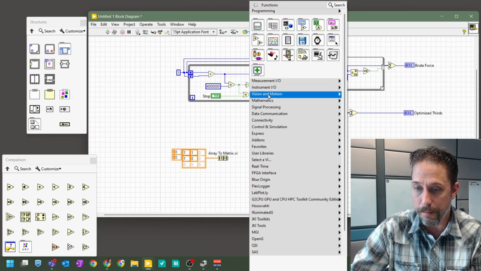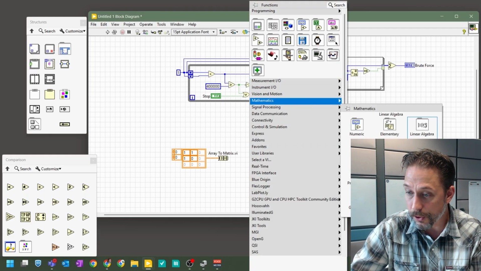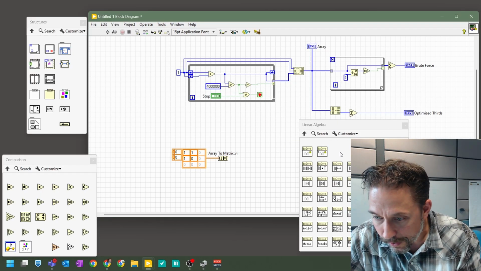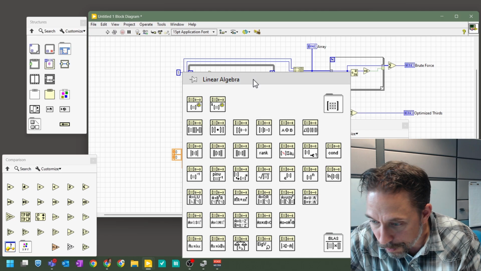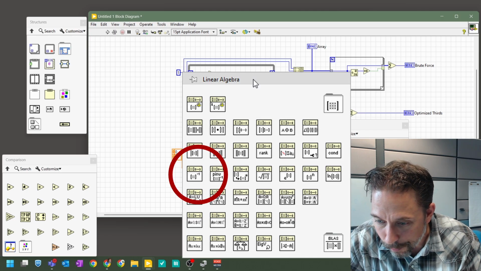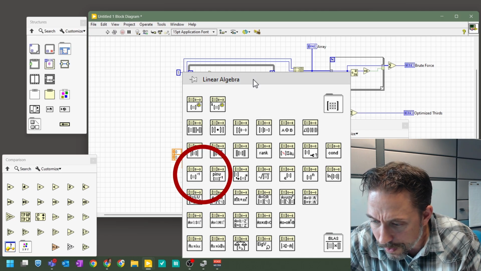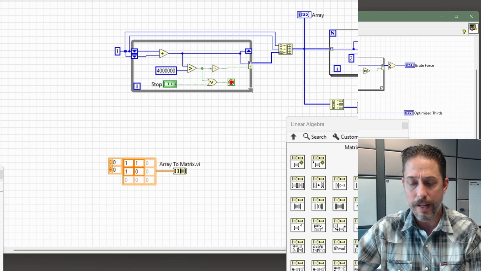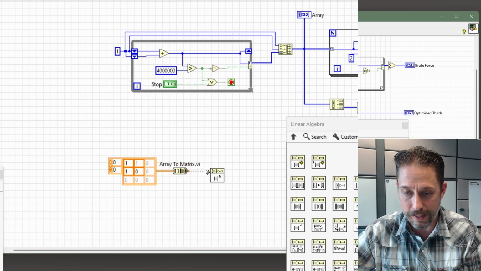So if I were to go to the mathematics folder and I want to go to linear algebra, let's go ahead and pin that down. And then what we're going to be doing is looking for the icon that looks like an exponent next to a matrix. Surprise, surprise, there's the -1. And there we go, right there, matrix power. And so now what we're going to do is take that matrix power, put it right there,